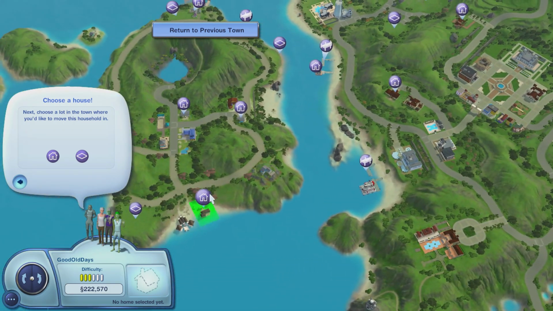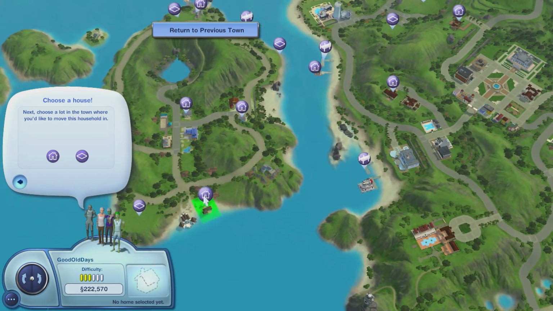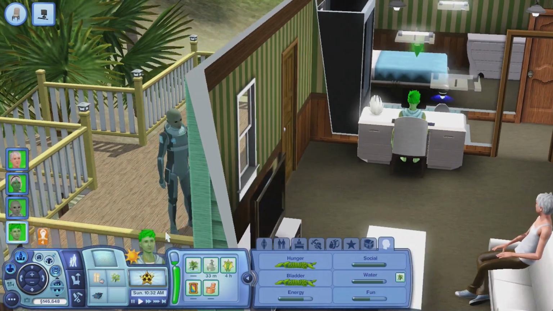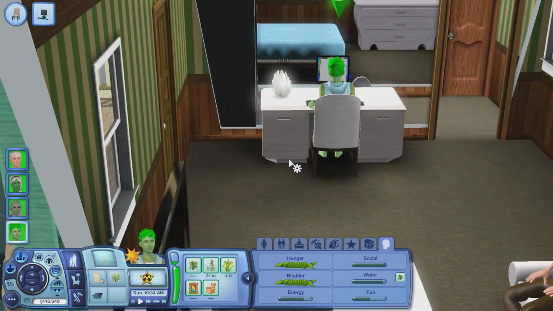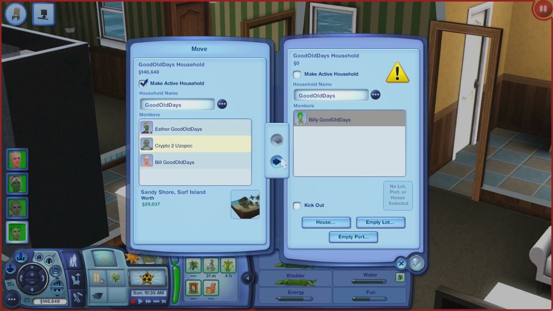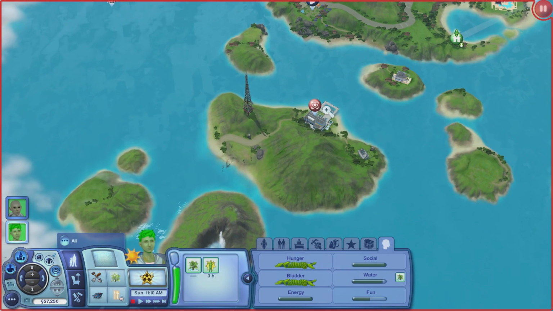I feel like I'm missing something, but we end up going here, and I edit this town extensively for the next 2 hours. All of that is cut out, though. And so this little house and the one next to it is now empty. This one is going to be for the two elders. We are going to primarily be focusing on Billy Good Old Days and Crypto 2 Uzapak, the clone. So the two kids, and we're leaving the elders alone to carry out their days, I suppose,